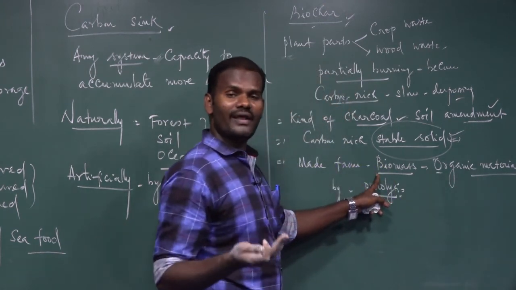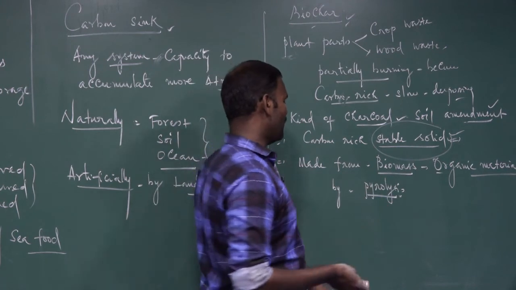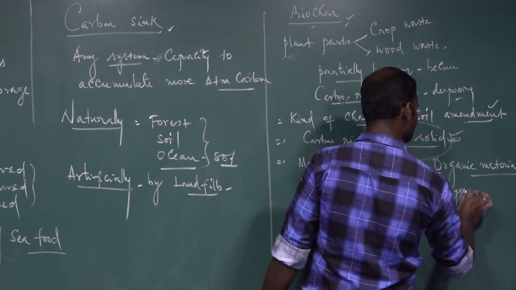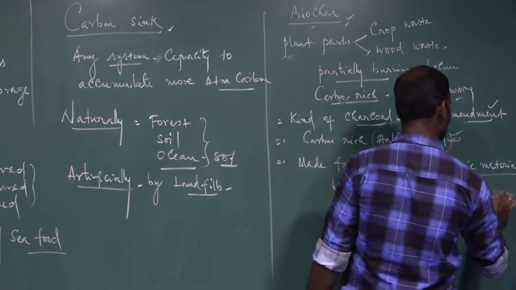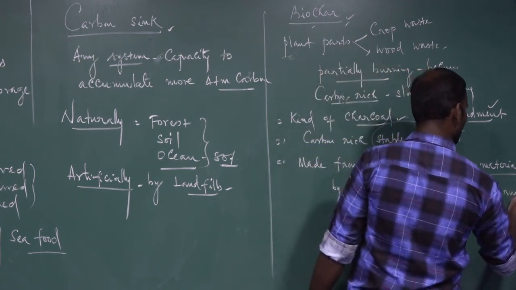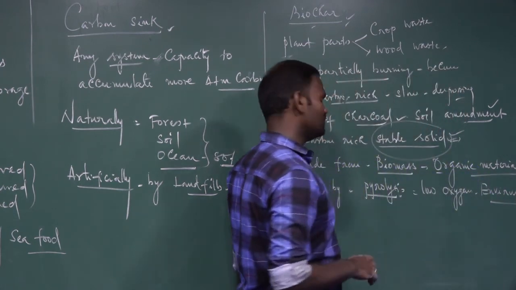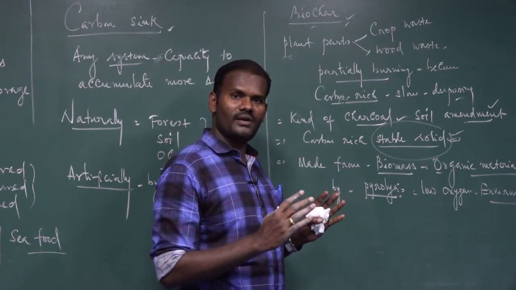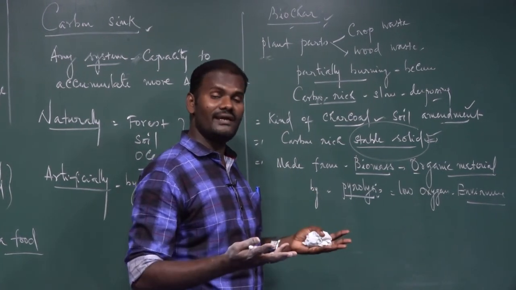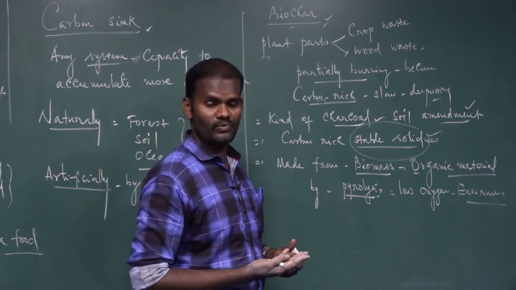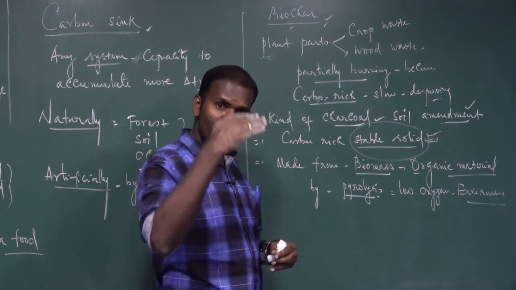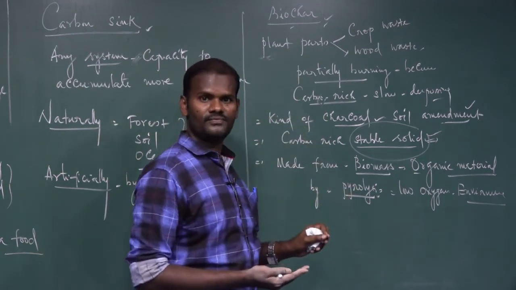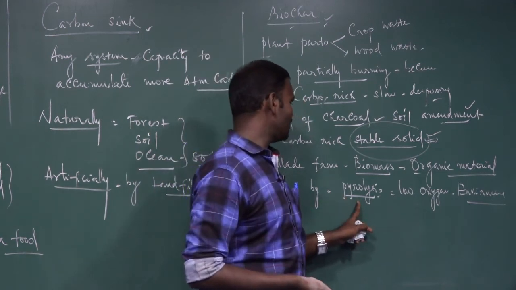If they are partially burning, how do we induce partial burning? By the application of a low oxygen environment. Burning under a low oxygen environment, they become a rich source of carbon. Remember, if the entire biomass or organic material is completely burned, the entire carbon dioxide storage is released into the atmosphere. So we have to prevent this complete burning. These are called biochar, converted into biochar. So how to prevent? By the process called pyrolysis.